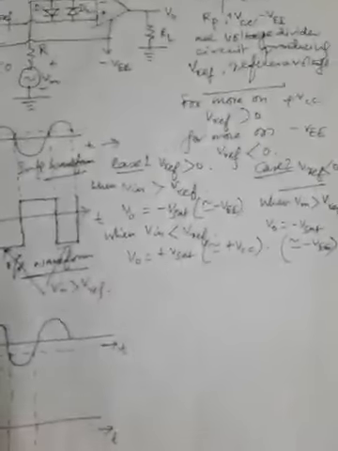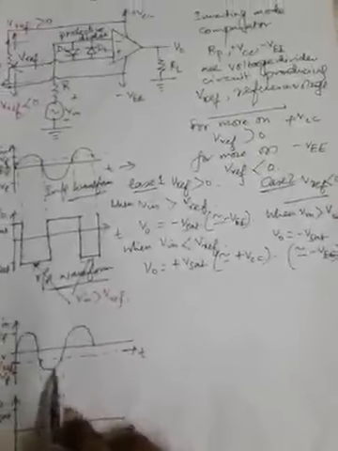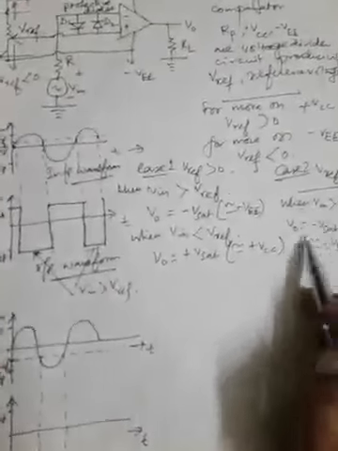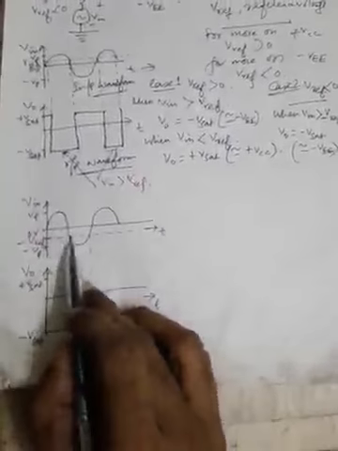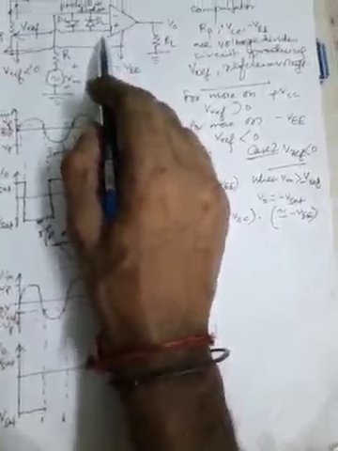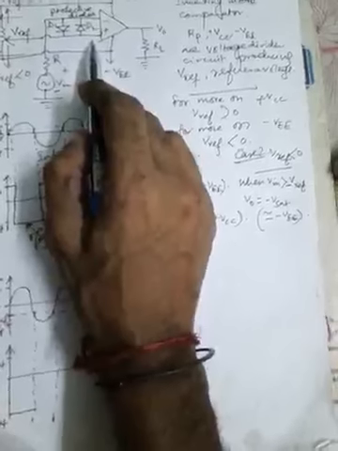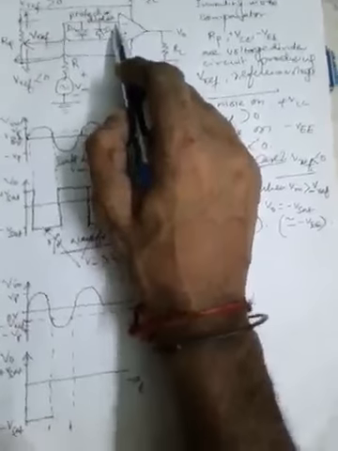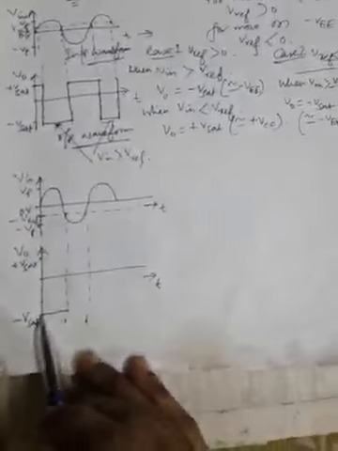Now when input voltage within this portion, when input voltage is more positive, rather, just a minute, in the previous case, when input voltage is greater than this negative reference voltage, V in is greater than minus V reference. Here it should be written like this. So within this portion, 0 to minus V reference, the input voltage is greater. Input voltage V in is more positive than this negative reference voltage. So that means if at the inverting terminal the voltage is higher than the non-inverting terminal, output will be at negative saturation. Therefore VO equals minus V sat, and the waveform starts from 0 and maintains the minus V sat level